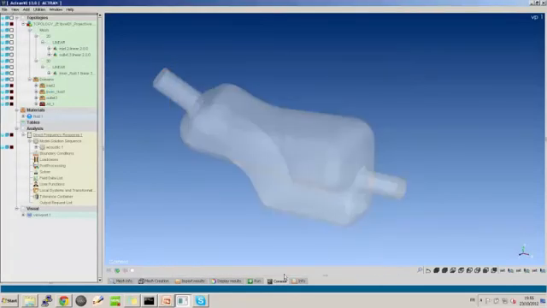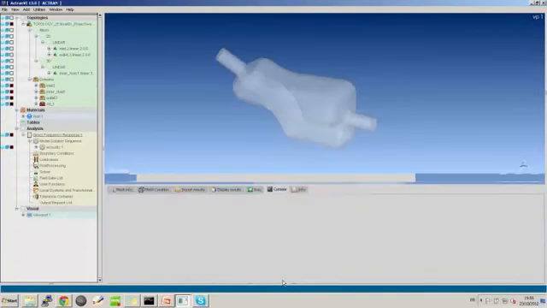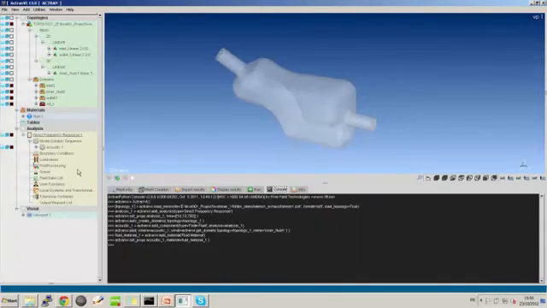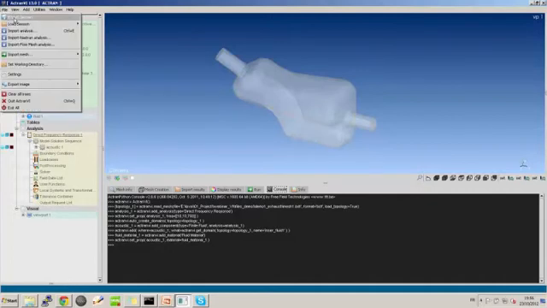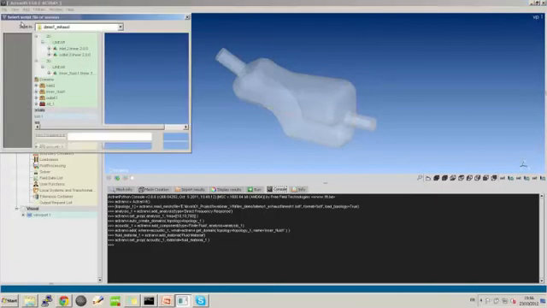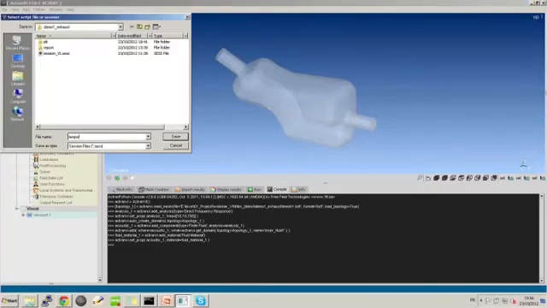For now, let's have a look at what I did. I created some domains, a material, an analysis, and a component. Every operation that I did so far is saved into the session file, into the console. You see that every operation that I did manually was translated into an API command. From now on, I can export a session if, for instance, I need to stop my work right now. So I will call it temporary